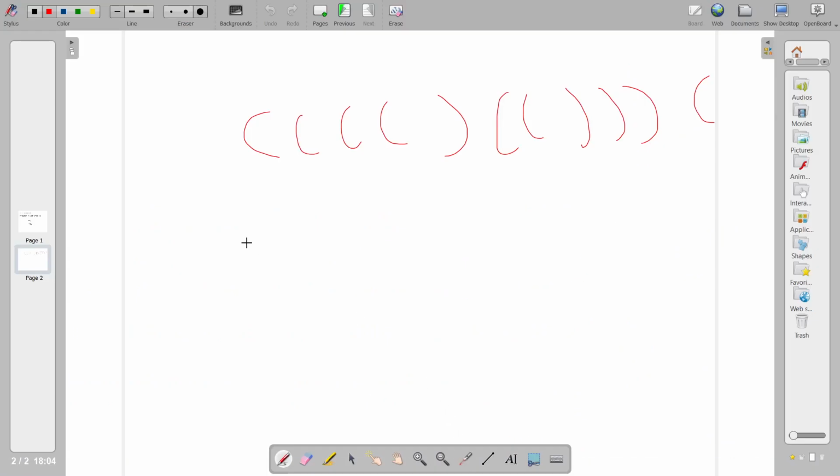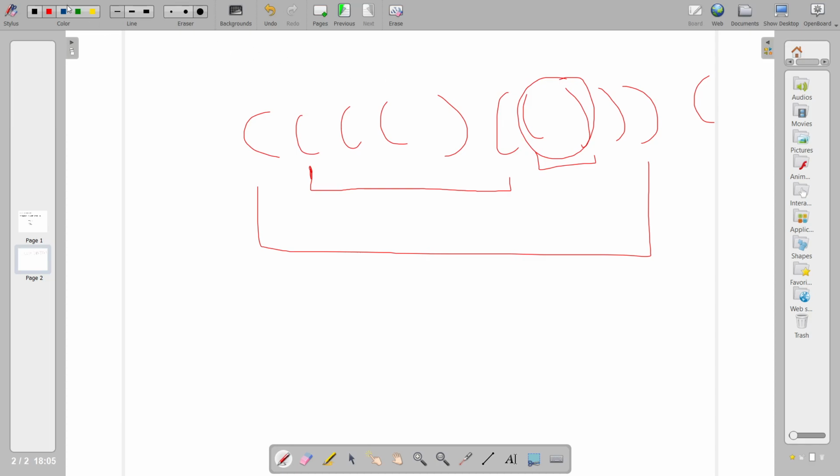So basically you are given a sequence of opening and closing parentheses and you want to find out how many substrings of this particular sequence are valid. For example, you can take this substring, or this substring, or something like this substring. So how many of those substrings are valid parenthesis sequences? For example, this is a valid parenthesis substring, not a subsequence. This one is also a valid parenthesis substring.